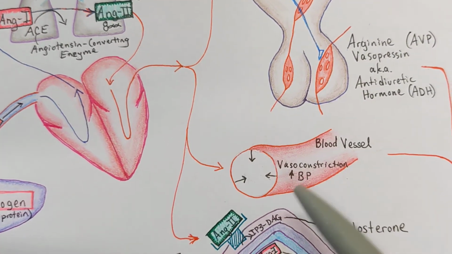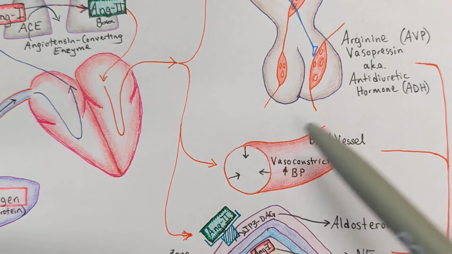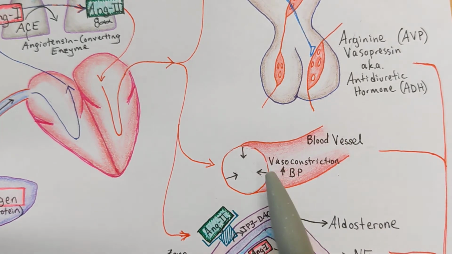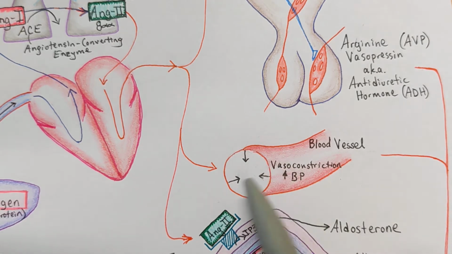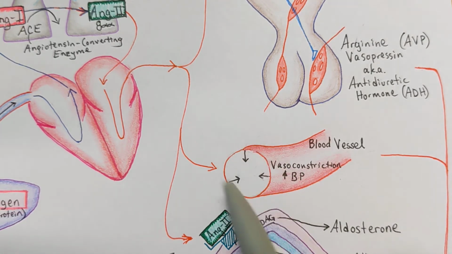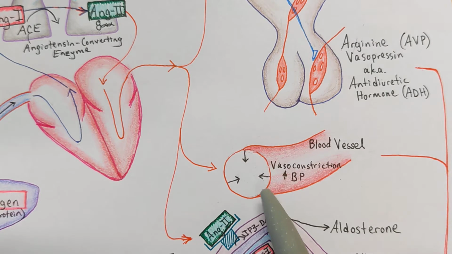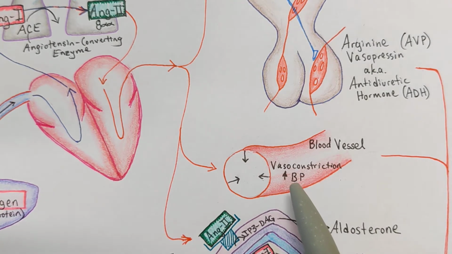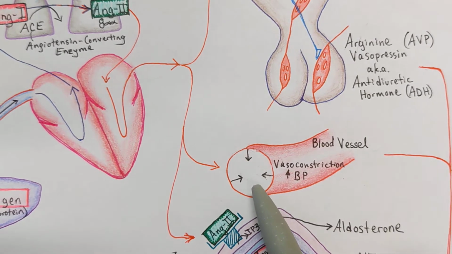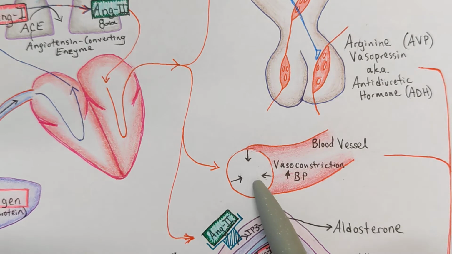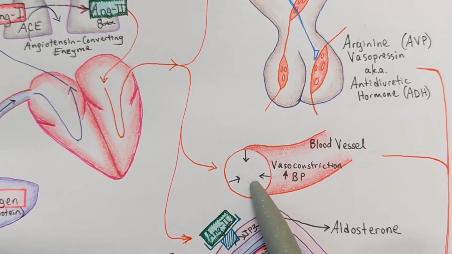Angiotensin II also binds to receptors on our blood vessel walls. Specifically, this is going to trigger vasoconstriction. So we used to have these big, wide blood vessels. They are going to constrict. When the blood vessel's diameter is lower, the pressure is going to increase. Now, this is not a long-term solution. This is just a temporary fix. Again, the problem is low blood pressure, so we are going to vasoconstrict in order to increase the blood pressure